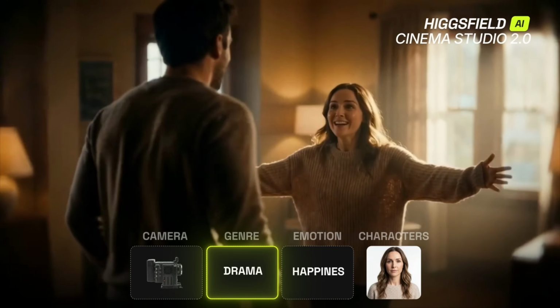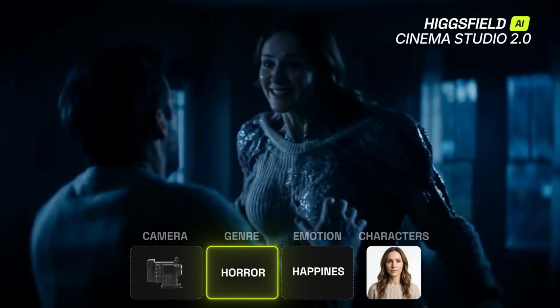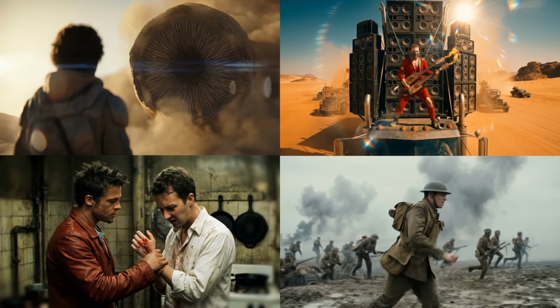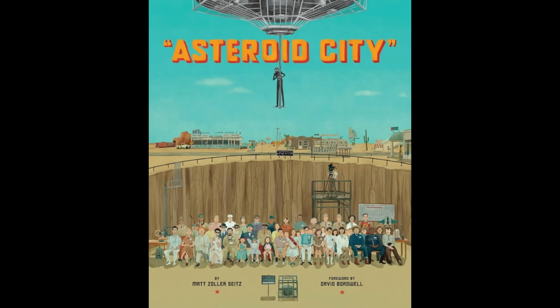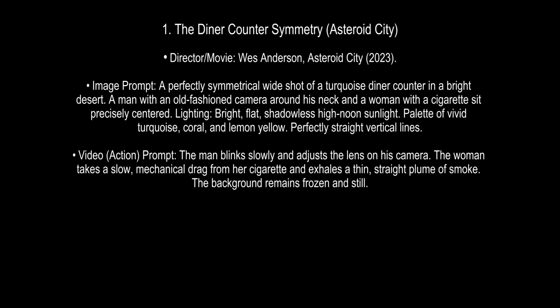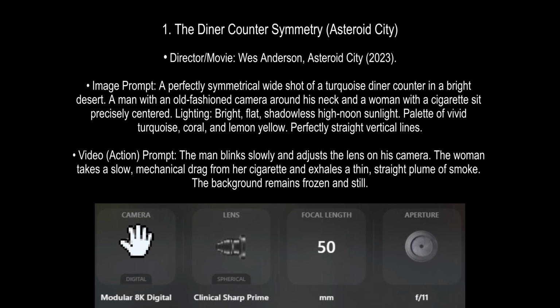So today I'm putting Higgsfield Cinema Studio 2.0 to the ultimate test, recreating the moods and setups from 10 legendary movies. So let's start with Wes Anderson's Asteroid City. Here we will be using modular 8K because it gives that clean illustrative look. We will also be using clinical sharp prime because it's mandatory for Anderson to ensure the vertical lines of the